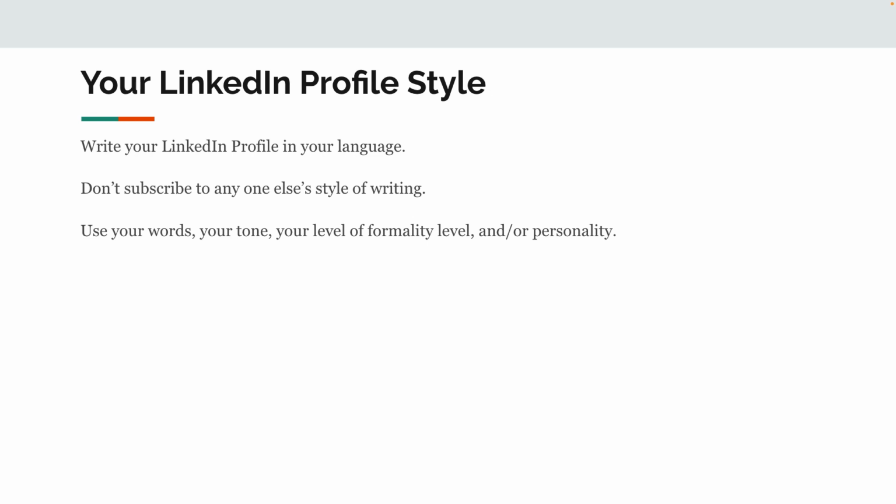And by the way, if you're using words in prospecting today that someone else has told you to use and you don't feel comfortable with that, then I would not build my profile using that style, even though you've been coached in your organization to be that way. Be a real human. That's really important when you're writing your profile.